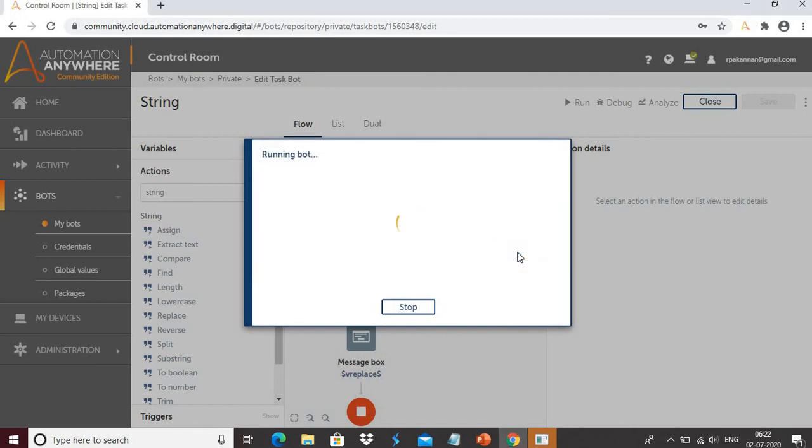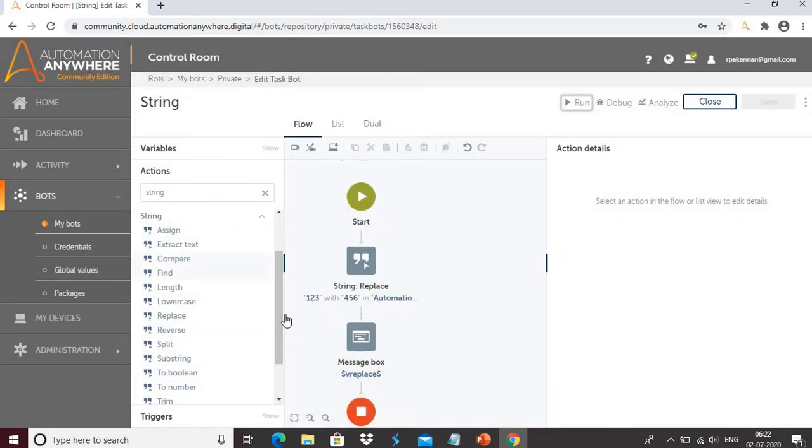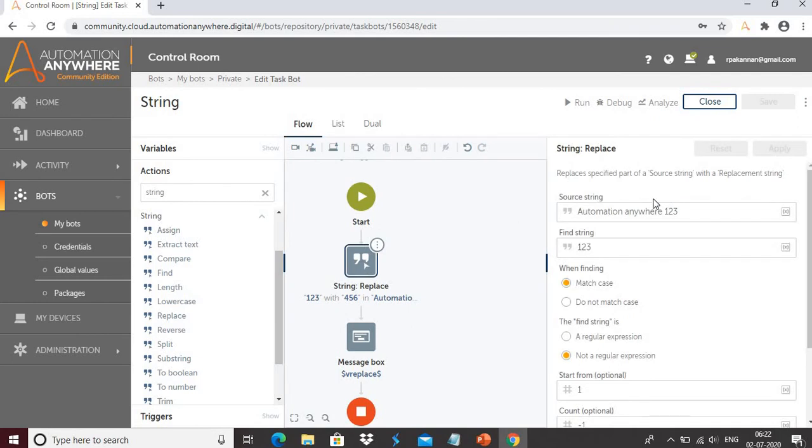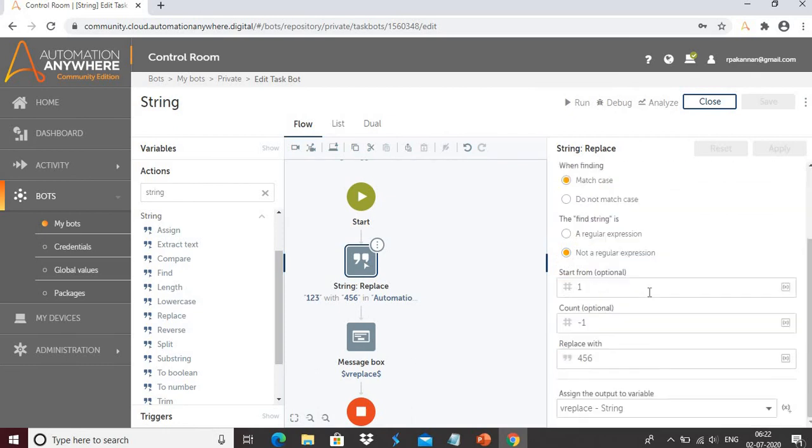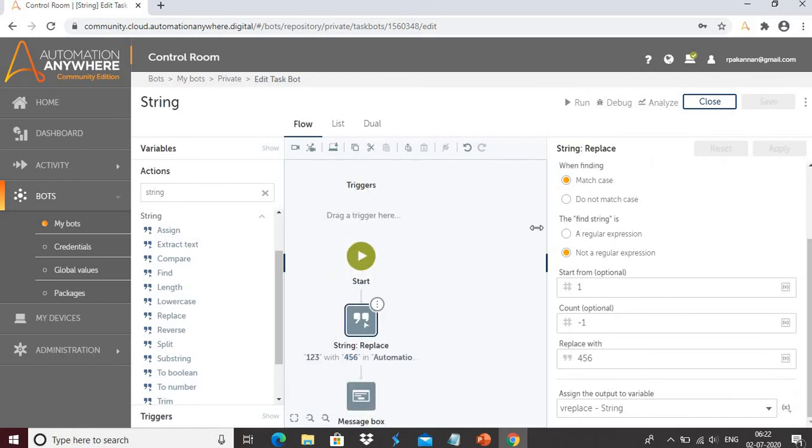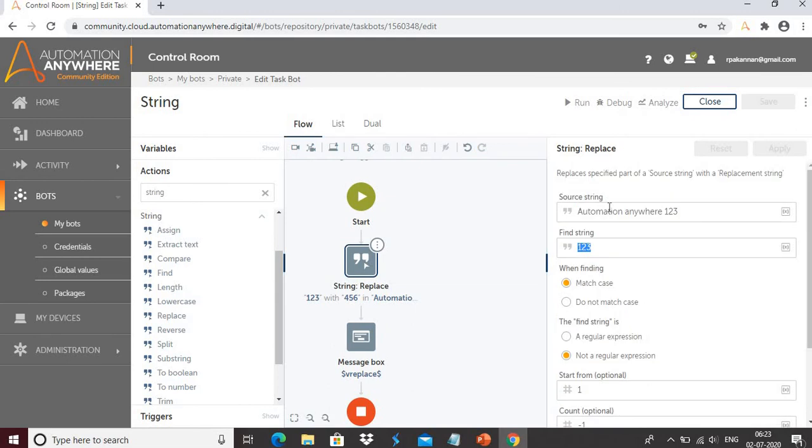So just close this message box. Your bot run has been successful. In the replace you can see that we provided the source string as Automation Anywhere 1 2 3 and the find string, so we needed to replace this 1 2 3 value with 4 5 6. Here we provided replace with, and that's the reason we got the result Automation Anywhere 4 5 6.